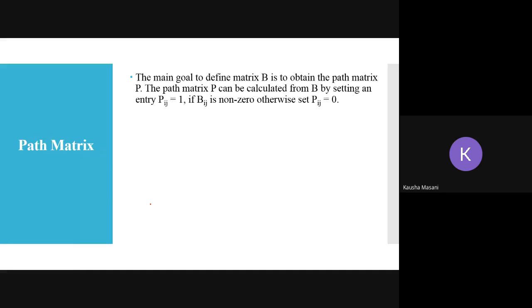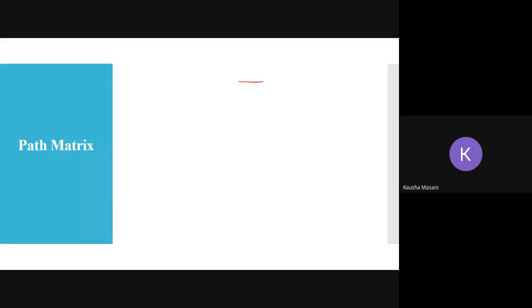Now see, what is the main goal to define your matrix B? Why are we defining this matrix B? So that we can obtain your path matrix P. Now, what is this path matrix P? For any given value in your matrix B, if that value is a non-zero value,